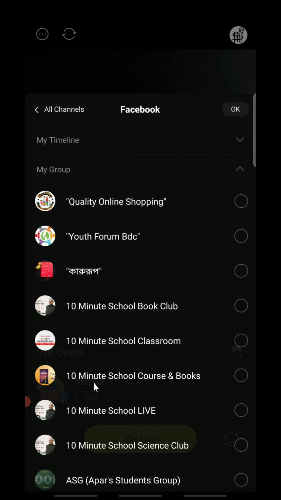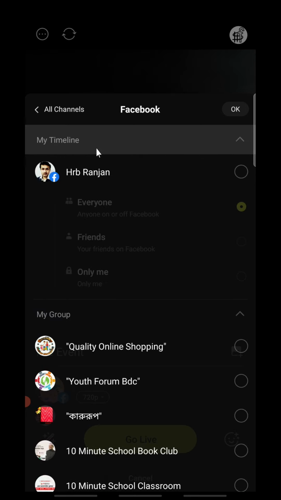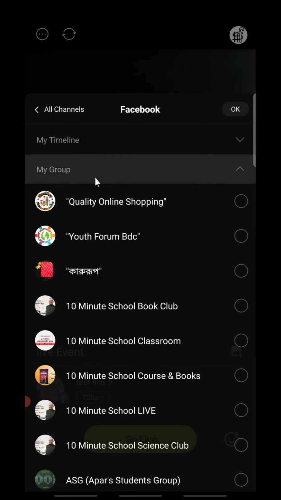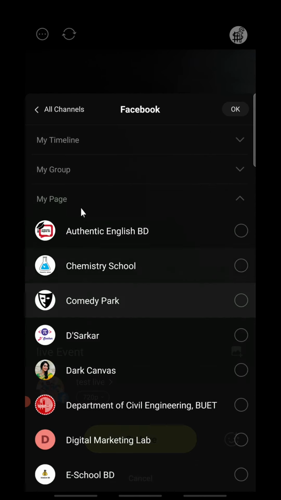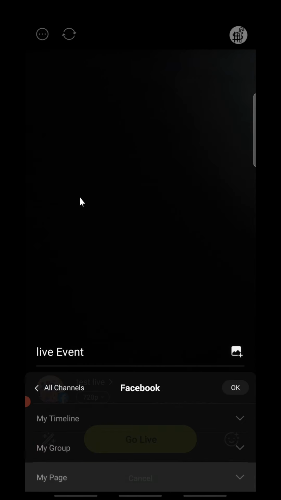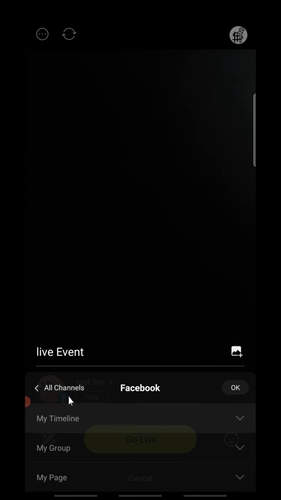Press that button. Then you can choose from Facebook where you want to stream the live, from your profile or your timeline, or maybe from a group you want to go live, or maybe a different page connected to your Facebook account. You can see that.